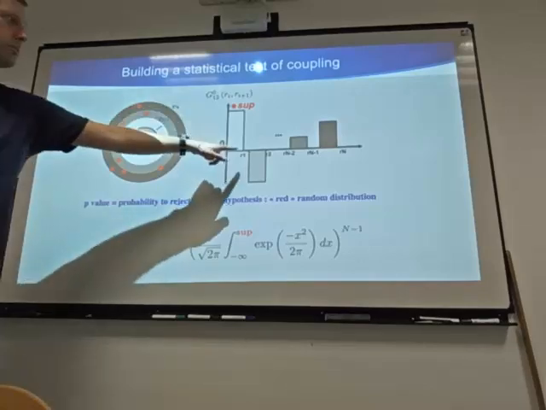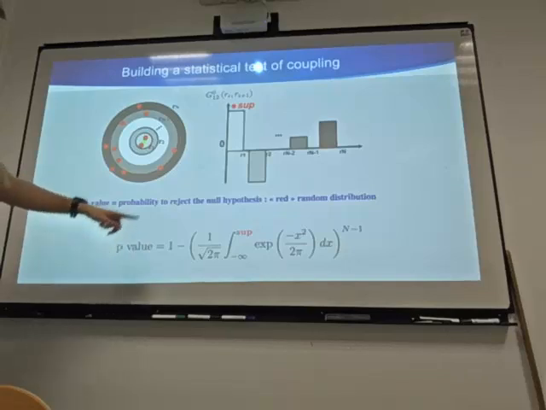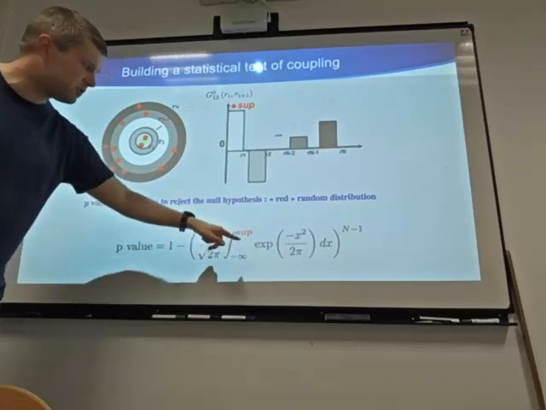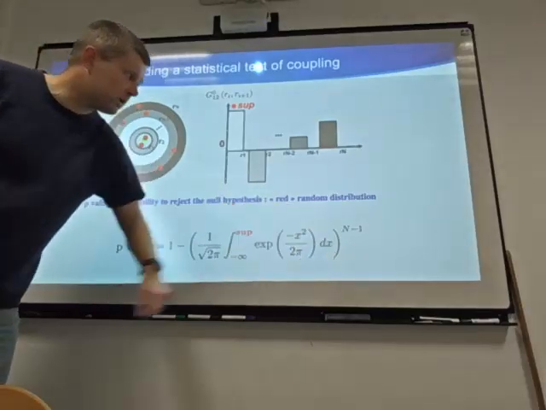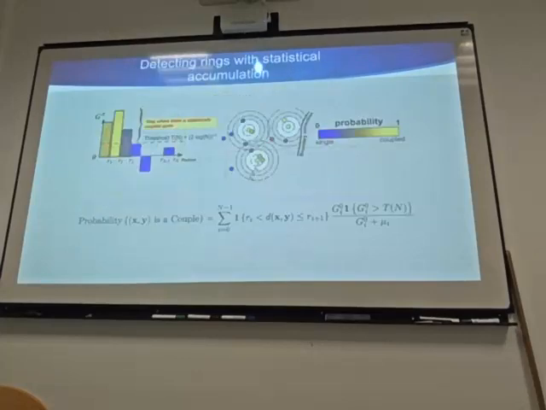And because all the components are just randomly distributed, the p-value of your observed diagram is 1 minus this. So this is the cumulative function for the normal distribution, to the power n here, because you have to invert the fact that the probability that the sup is above a given value is 1 minus the probability that each component is below this value. So you can build a p-value, but most importantly, you can